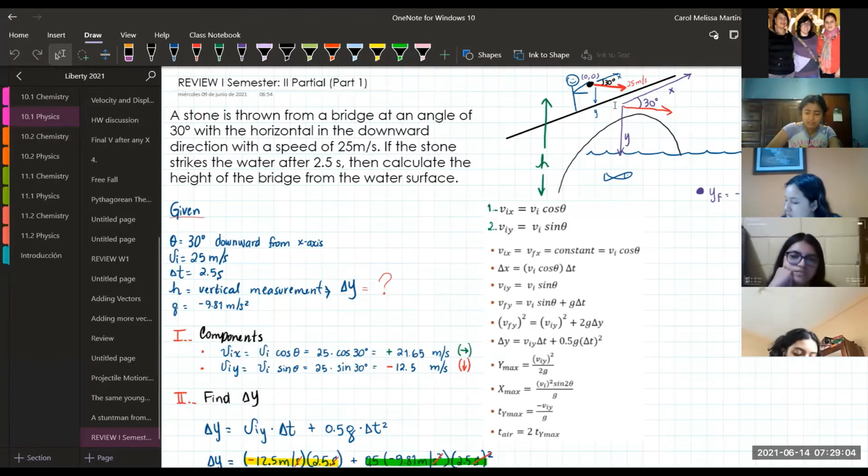On the other hand, what you can do is just draw the vector. That's what other people do. They draw the vector. They know that the initial velocity is 25, and it says 30 degrees with the horizontal downward. So what they do is this one. They name the vector as velocity, 25 meters per second, and then they put the components,